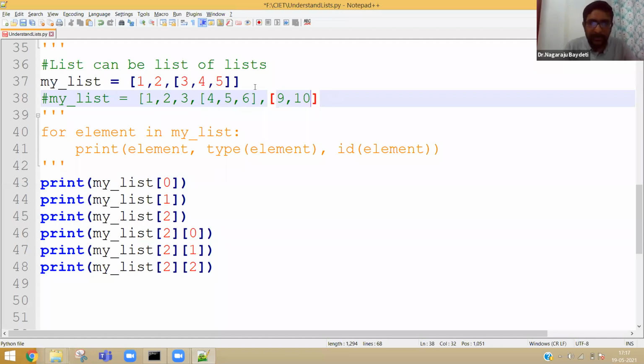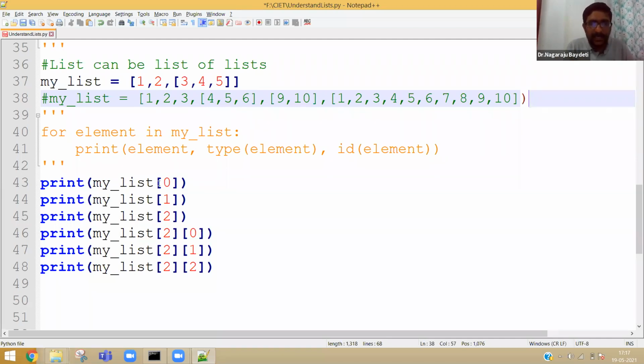So one sublist is having 3 elements. One sublist is having 2 elements. There can be another sublist like 1, 2, 3, 4, 5, 7, 6, like this, 9, 10. Now, your program should give me 1, 2, 3, 4, 5, 6, 9, 10 as individual elements, but without